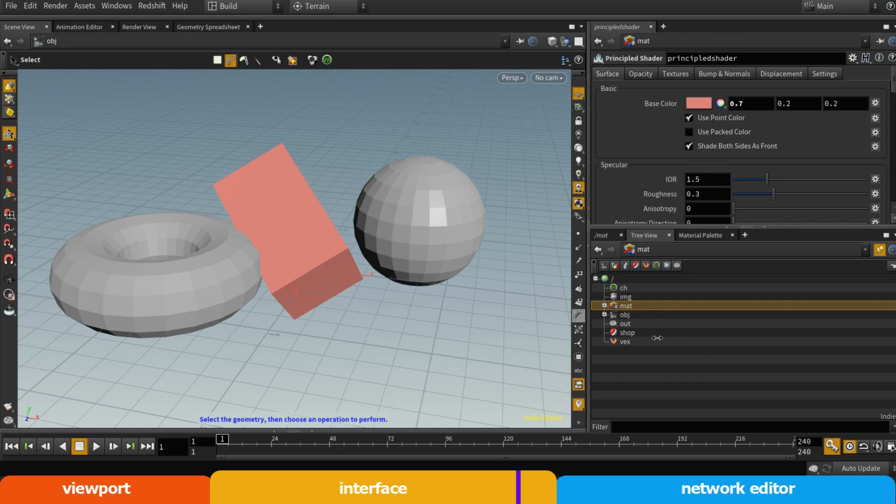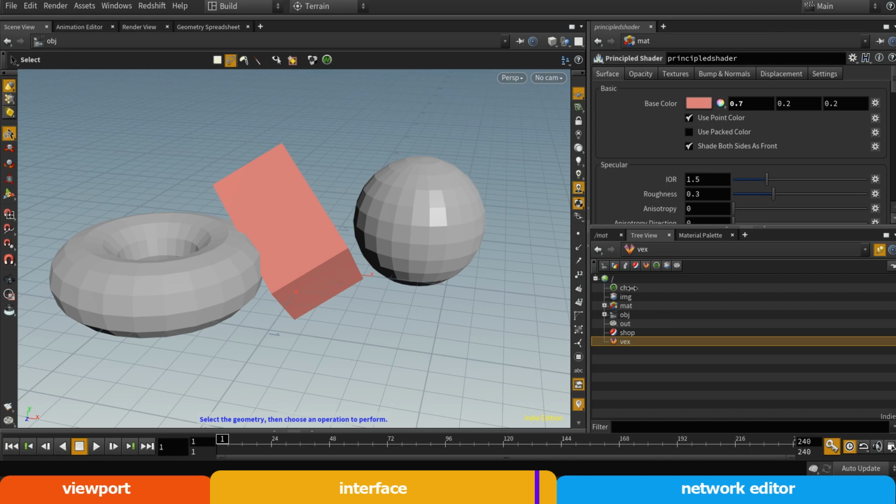But so like I said, this is for organizational purposes. I don't use it that much, but the most important thing I want you to realize right now is to do with this thing right here, Vex. Now, all these other contexts are actually built on the Houdini scripting language called Vex. It's a very fast language, and I want you to know that because